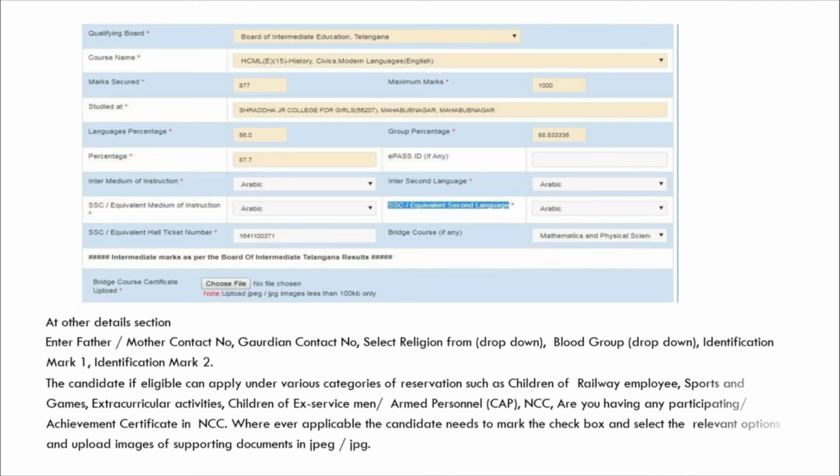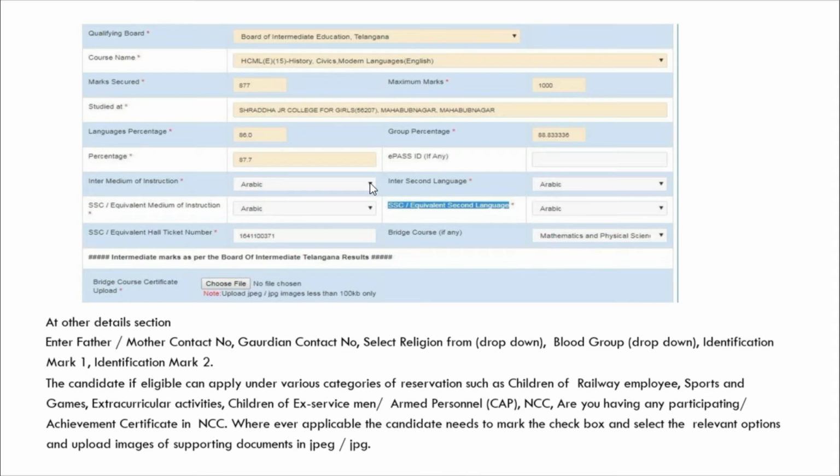There is one more thing when you go for your qualification. When I said there are further things, you can go ahead. The yellow marks are nothing but the fields which you cannot edit. These are all filled up by default. If you have the e-pass ID, you can just enter it over here. If you want to select the medium of instruction as Arabic or English or Telugu or whatever, you can choose from this drop down.